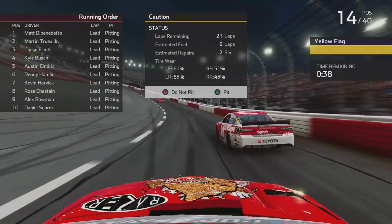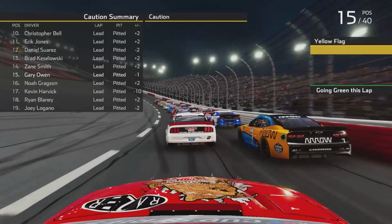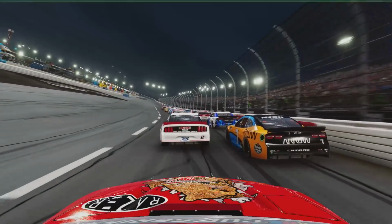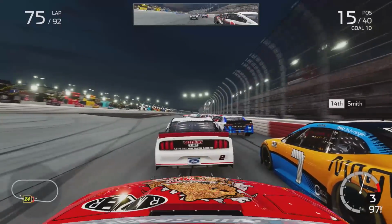DiBenedetto still leading with 21 laps to go. Of course, everybody coming to the pit lane, and we have 2 seconds estimated of repairs on the car needed. So I would repair the car, and unfortunately we lost 1 spot, but it actually helps us because we're into P15 on the inside line. Kevin Harvick actually lost 10 positions on the pit lane, so he restarts P17 instead of being P7